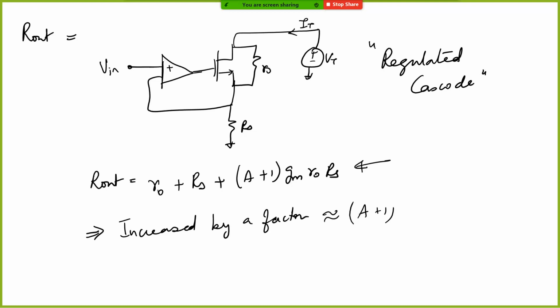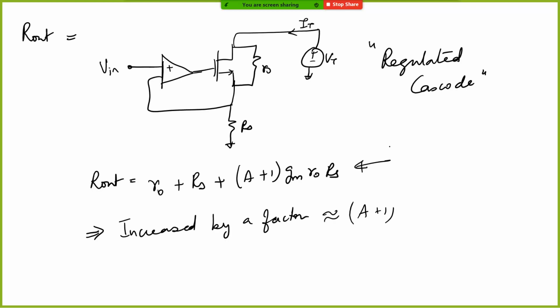Okay. This is called a regulated cascode, and in fact, instead of this RS, you can also have a transistor. Okay. So for example, if you have a current source at the bottom, this can be done. For example, you can also use this in contexts where the input also need not be given to the amplifier. Instead of that, you can have some kind of a bias value which is used.